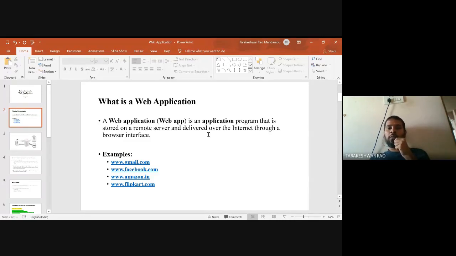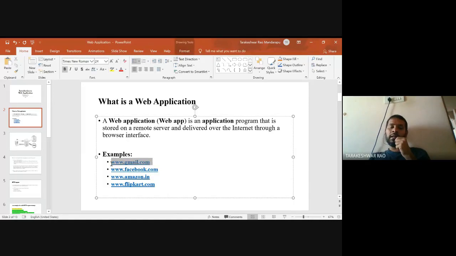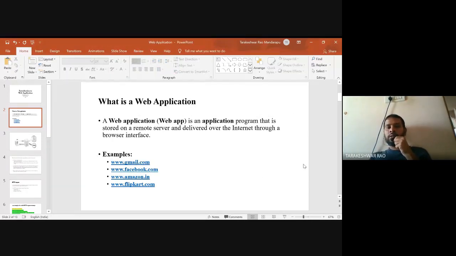At the same time, you have logged into your Gmail account using a browser by typing this URL in the address bar of the browser. Somebody else also might have already joined, or they may join in the coming time, right? So multiple users will be using this application software simultaneously. And how is that possible? Because this application is located on a remote computer system, and you can connect to that remote computer system by using this URL.